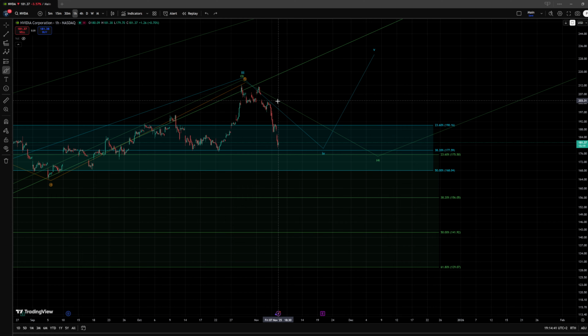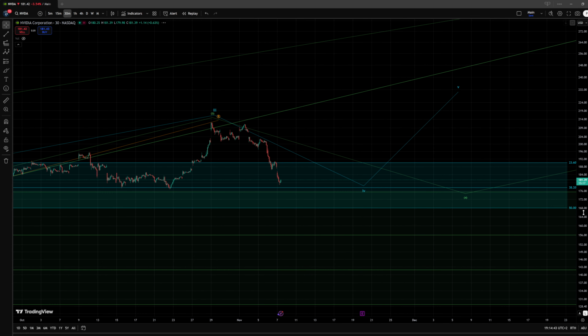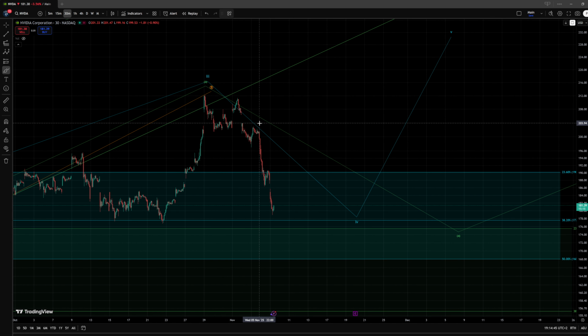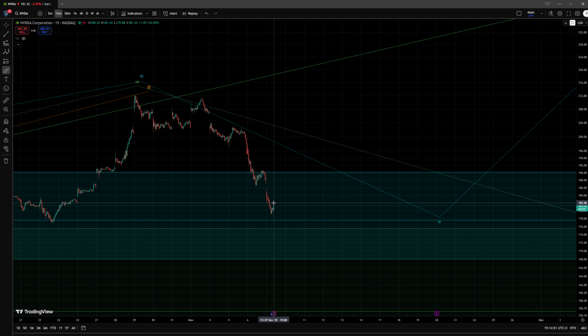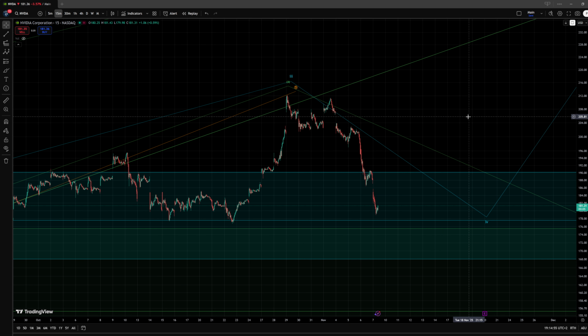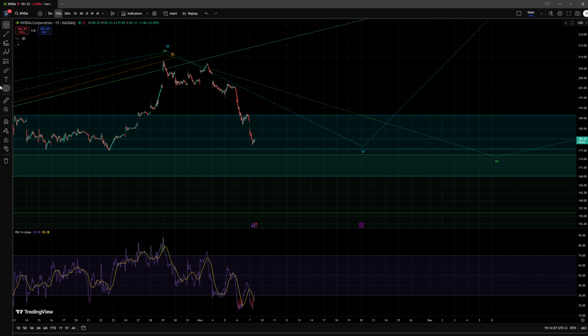And within this wave C, I could argue that we are here in a 1, 2, 3, 4th and the 5th, and this fifth wave does seem to still have a chance to push lower. Now, if it gets to the 38.2% retracement, especially based on the structure that has developed in this area, I find it likely that we should again turn back up, at least in a relief rally, and other possibilities are